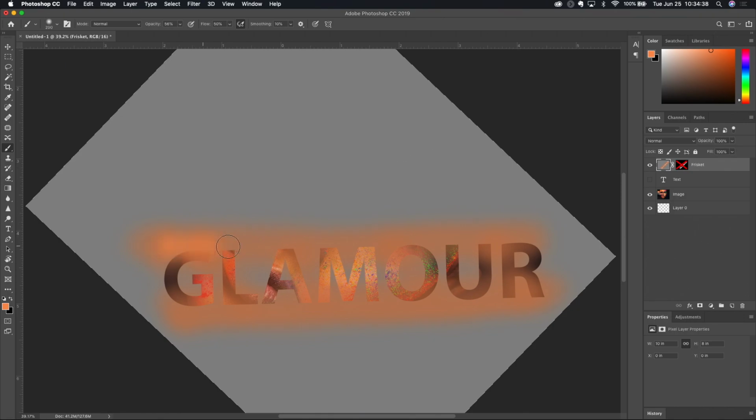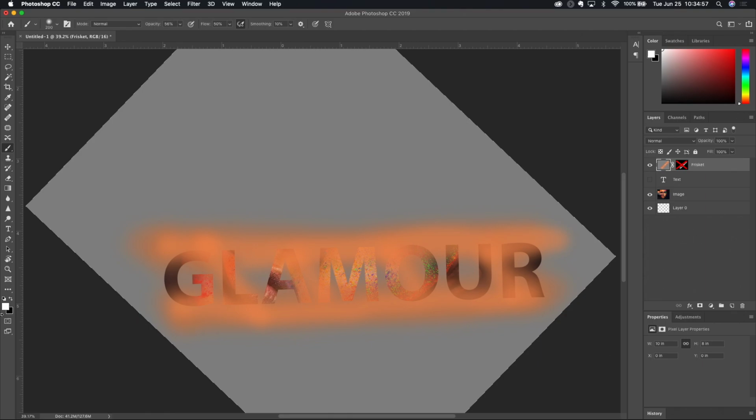I'm just going to knock that brush size down a little bit and do another layer here with a little bit brighter orange. I'm going to hit the same diagonals that I hit here. They're a little hard to see, but we'll come across here. And then last but not least,